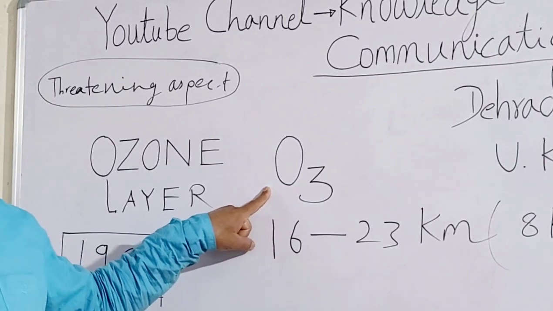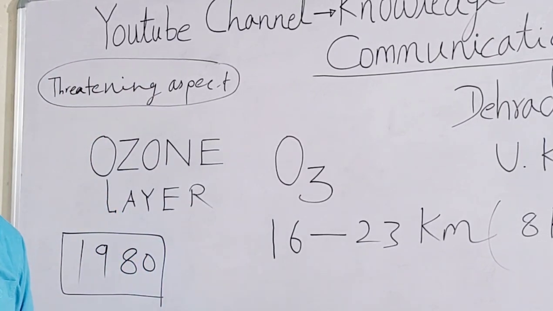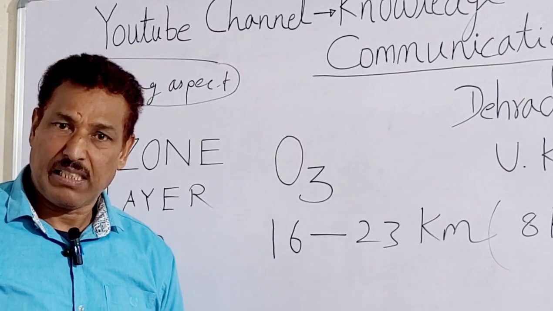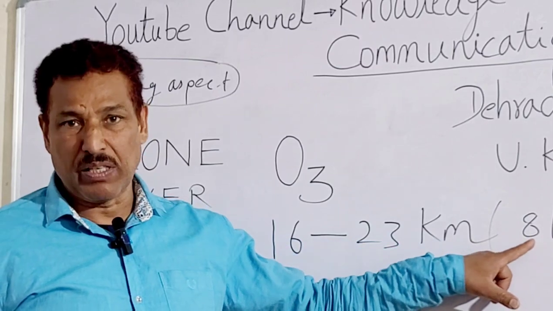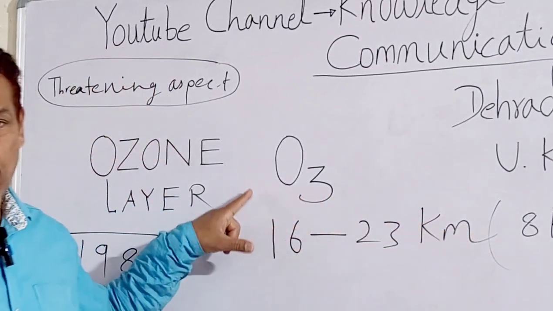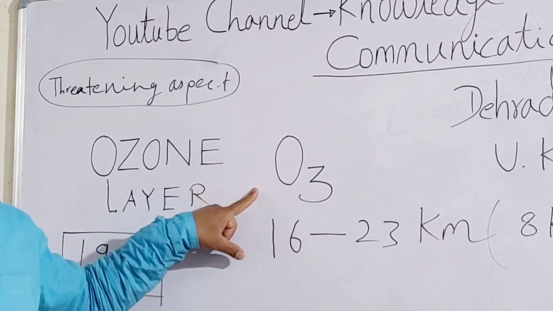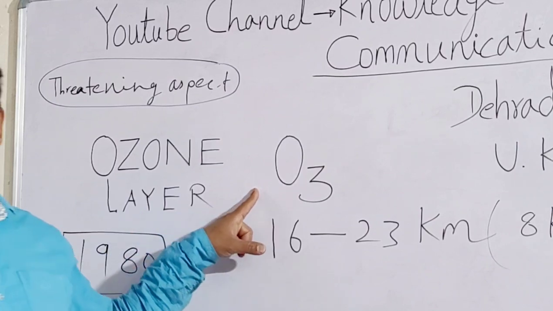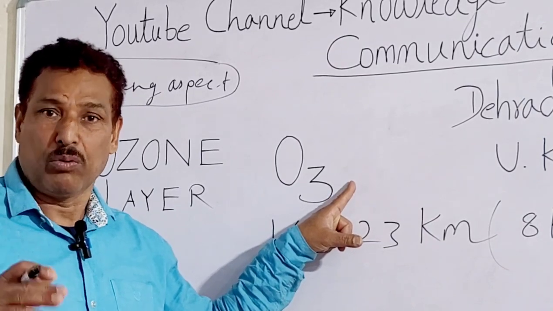Now what is actually happening? Due to a wide range of human activities, there is emission of certain gases into the atmosphere through vehicular activities, industrial activities, construction activities. So what is happening actually? This 8 kilometer width of ozone is highly threatened. It is under danger. It's not a gossip, it's a fact that it is being threatened by we people.